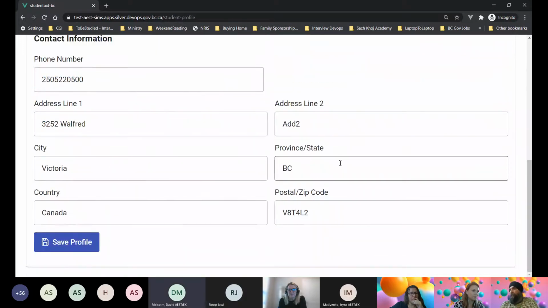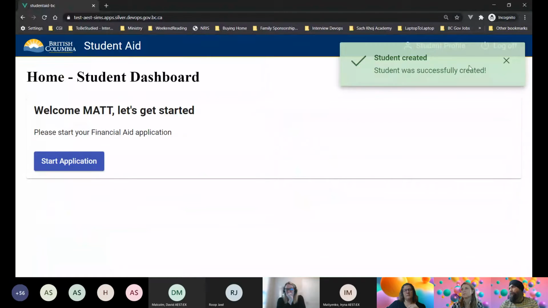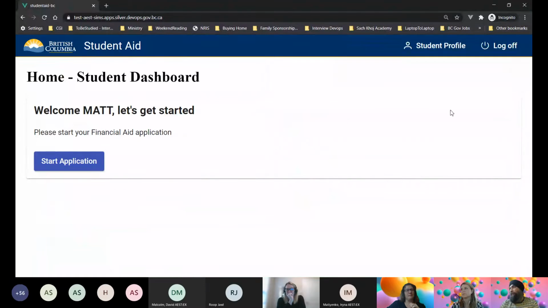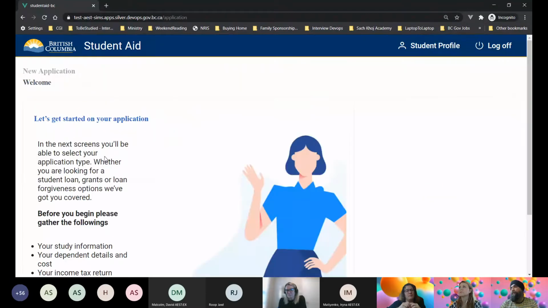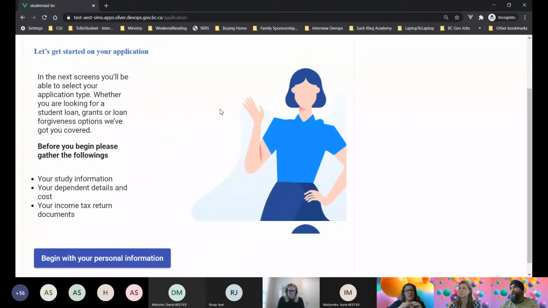Okay, good. So I'm going to hit save here, which will now save this record into the applications database. And there you go, student was successfully created. Now that the information is there in the database, Matt can now start the application. Matt clicks on start application. We get this lady who